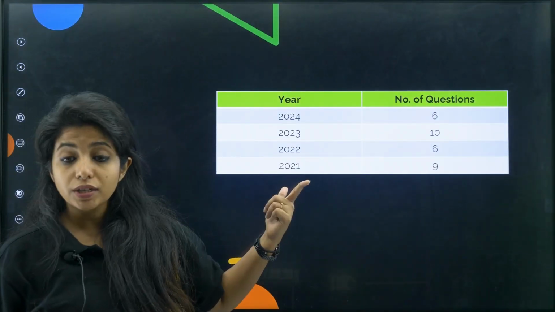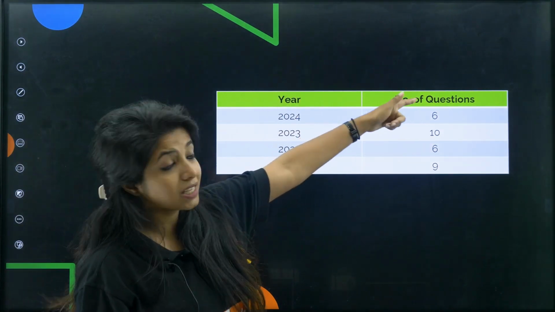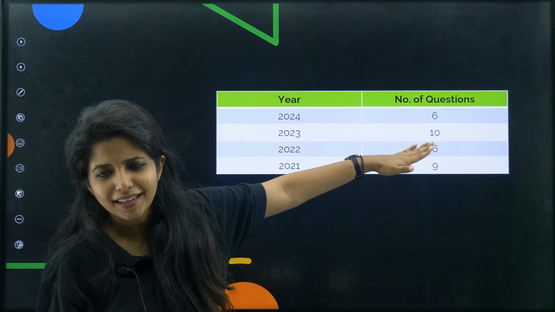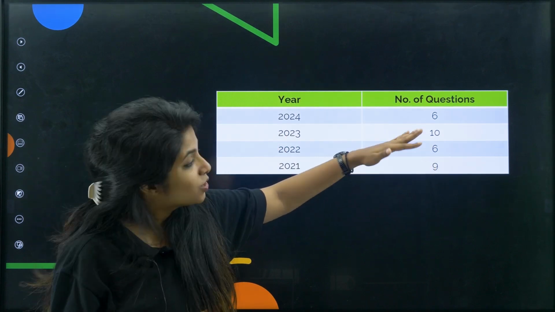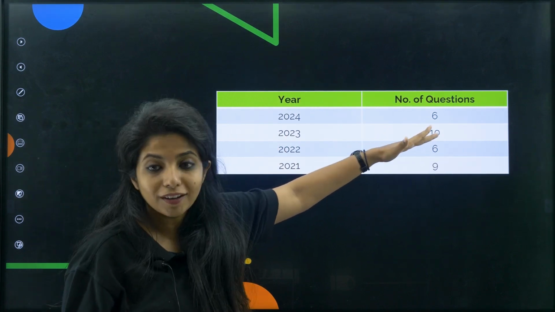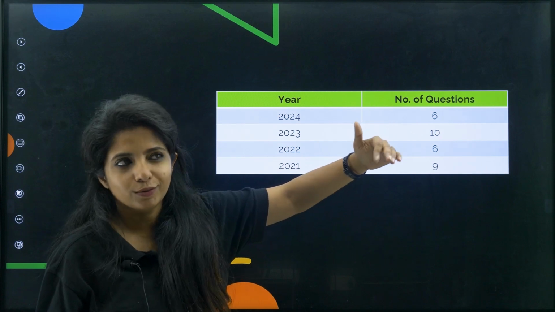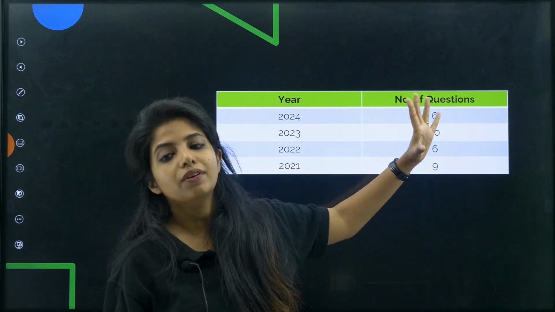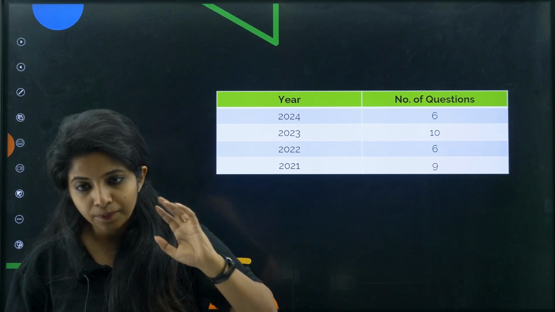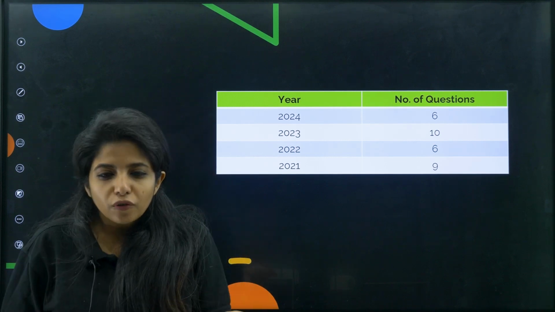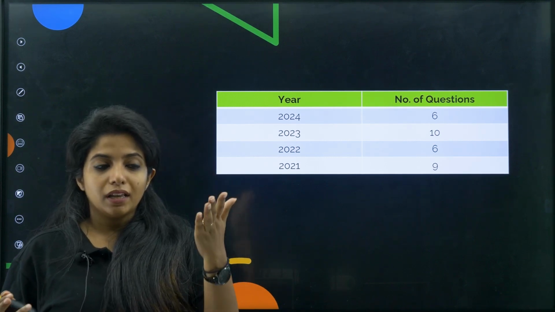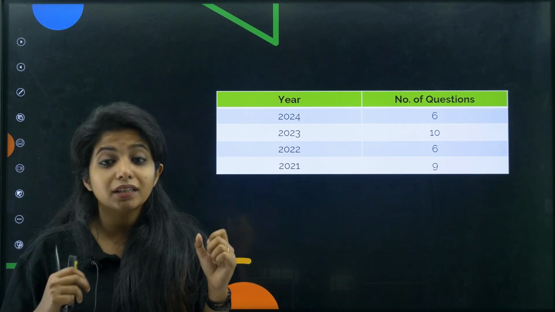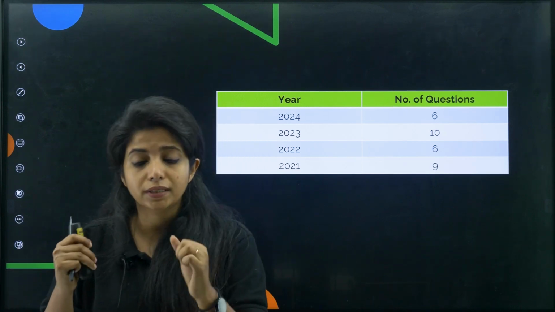Now, the number of questions that have come from this chapter has been 6 the previous year, but before that it had been 10, before that it was again 6, and then before that it was 9. So there is an alternating pattern that you see over here. So this year, that is 2025, so that means next year, you can expect more number of questions. Anyways, obviously this is a high weightage chapter. But if you put more of your effort into this chapter, like this chapter and Principles of Inheritance and Variation and things like that, I think there is a high chance that you could score better.